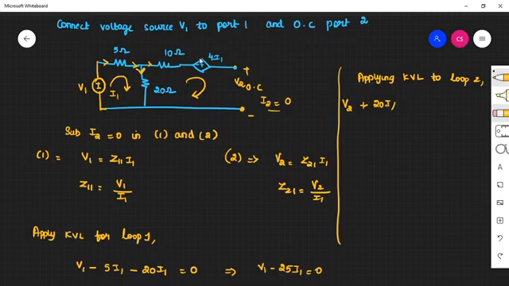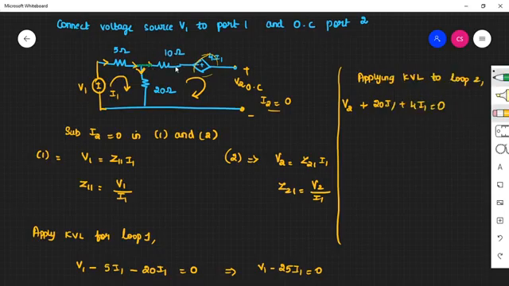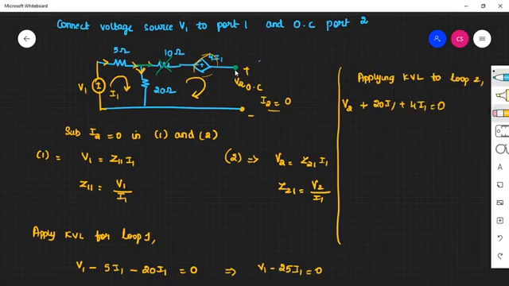And next we have a dependent source here, plus 4I1 is equal to 0. This resistor 10 ohm, one end is connected here but the second end is open. Whenever an end of the resistor is open, no current will flow through that, which means the voltage will be 0. So across this particular resistance, there will be no voltage at all since one end of the resistor is connected to an open terminal. So from this we will get V2 is equal to 24I1.